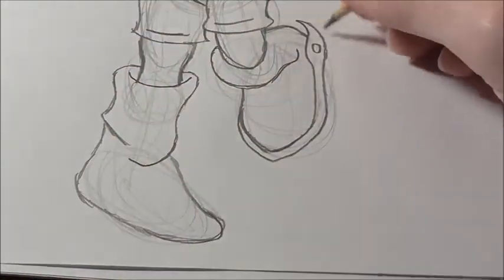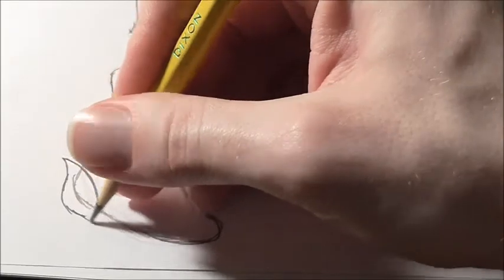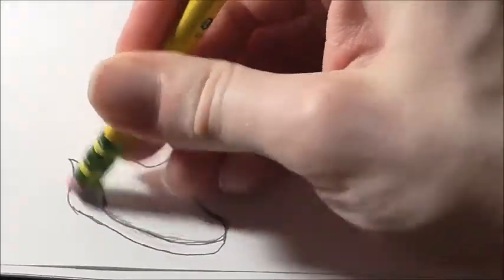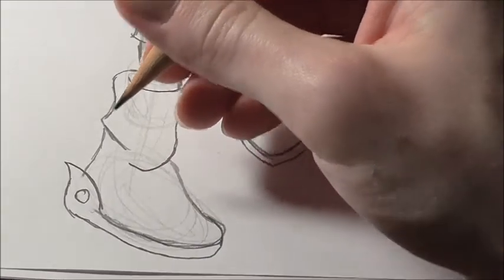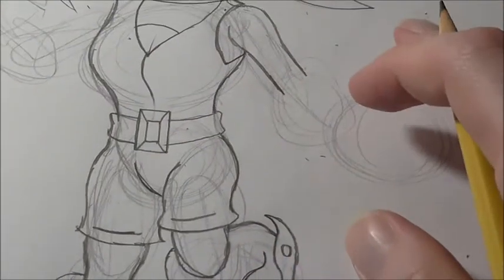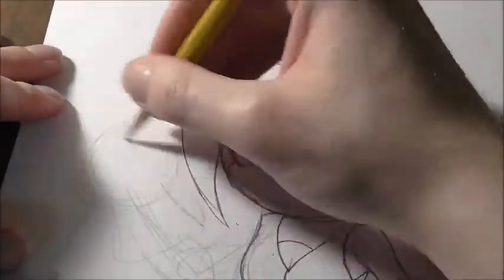And here we're going to get like this thing right here, so we're going to just draw the curve line going up, curve it out and over, and then the bottom hugs the bottom of the foot here, like that. Can erase this part right here, and all we need to do is just put on a nice little circle. And now that that's done, I can move on to the hands. So we'll start with this hand because this hand's slightly easier. I'm going to move it a little bit more over here,